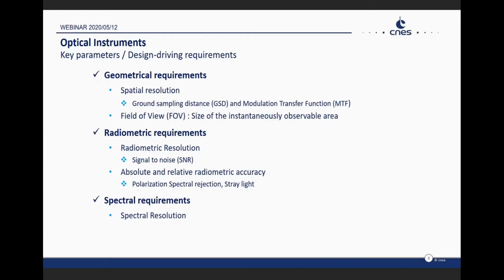Here is a list of key parameters that drive the main lines of the design. We will illustrate each of them in the next few slides. No formulas, no panic, but just a picture. The first concerns geometry with the concept of spatial resolution. It's always decisive for the mission, linked to the altitude of the orbit. In particular, for imagery applications, the coupled GSD and MTF, modulation transfer function, will directly determine the size of the instrument. The aperture of the optics follows directly.